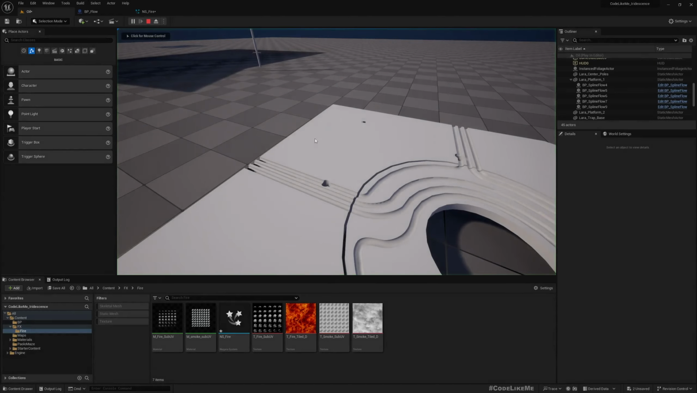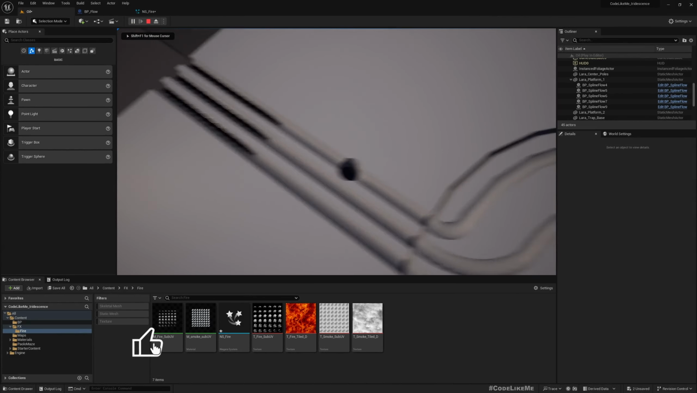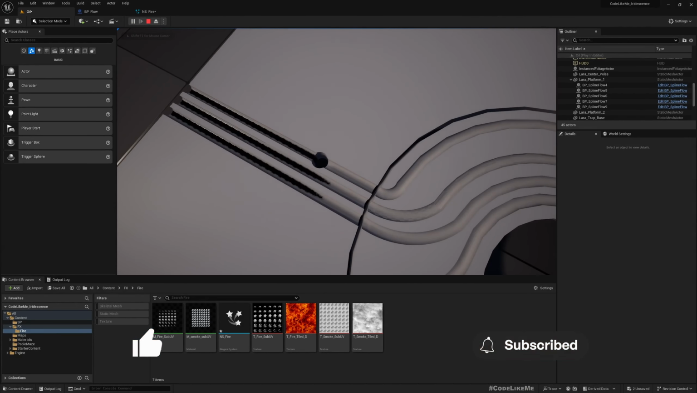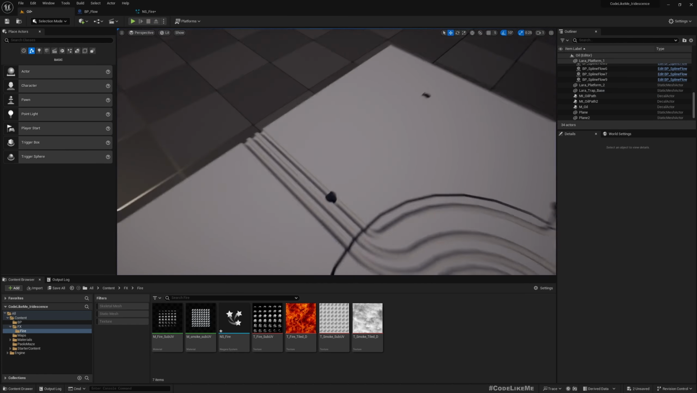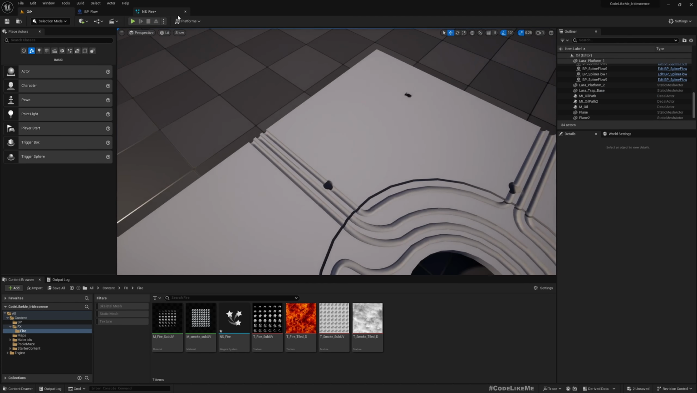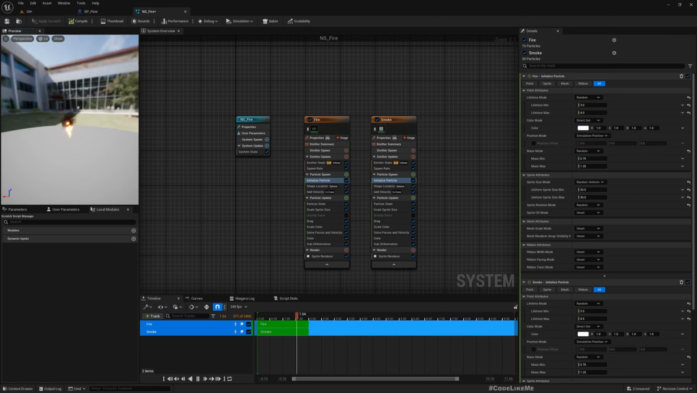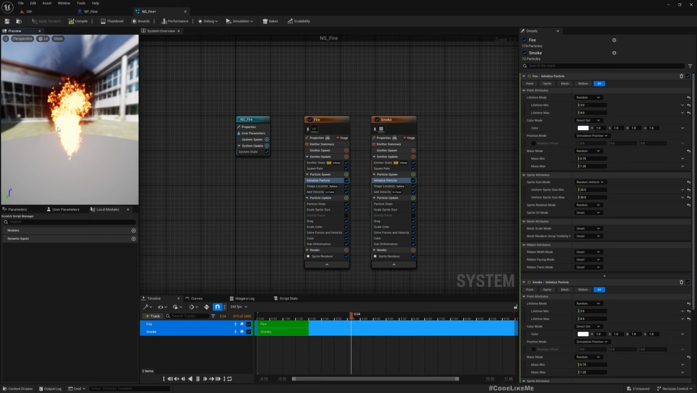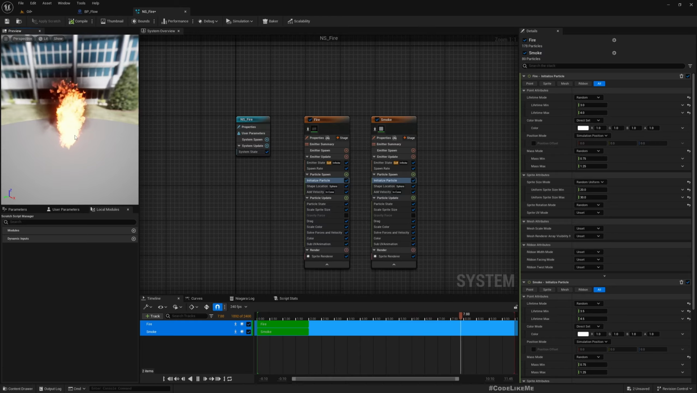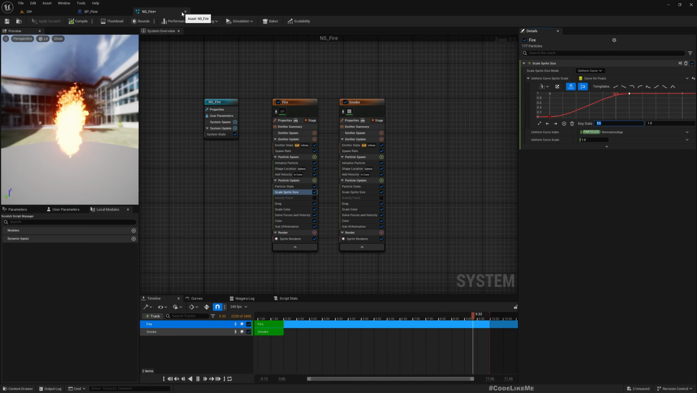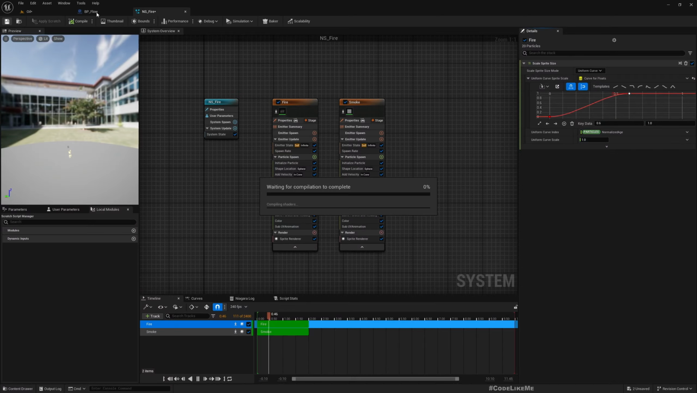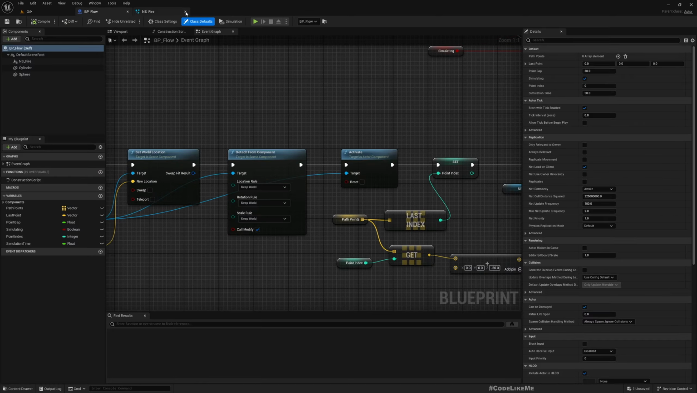Alright, so this is what we have right now. We have the oil flow. Now we need to make a burning flow. To do that, here I have this fire particle. I'm not going to create this, so feel free to use any kind of fire particle you have. So let me save this, and